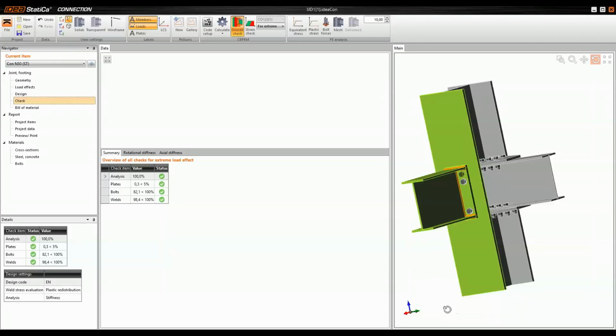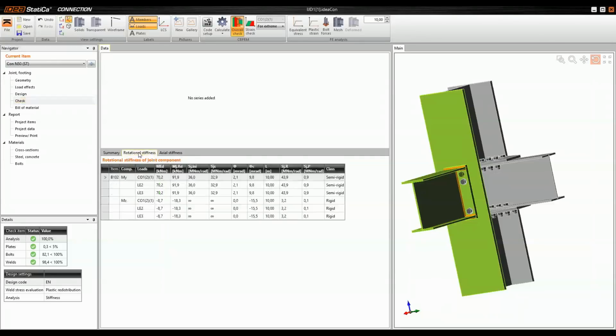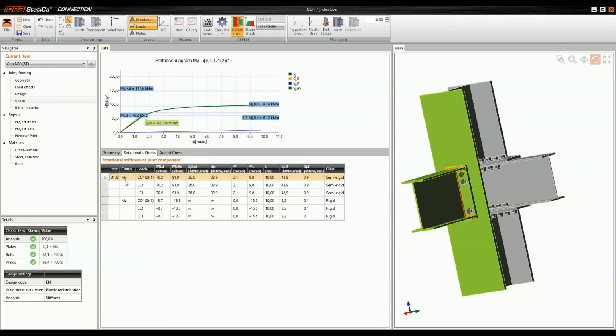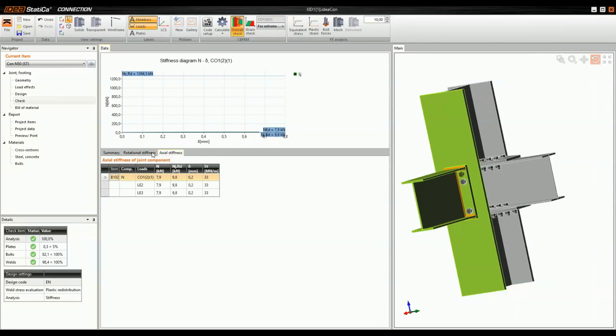You can see here we have the rotational stiffness. We have the rotational stiffness for my, also for mz, and here in this step you can see the axial stiffness. So you can decide which one you want to analyze and to use for your